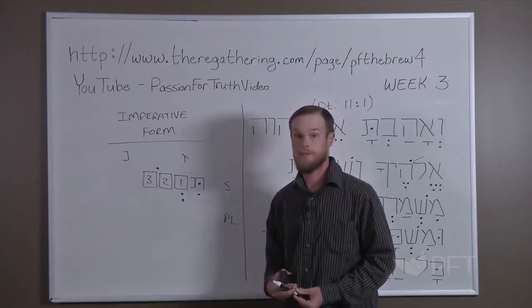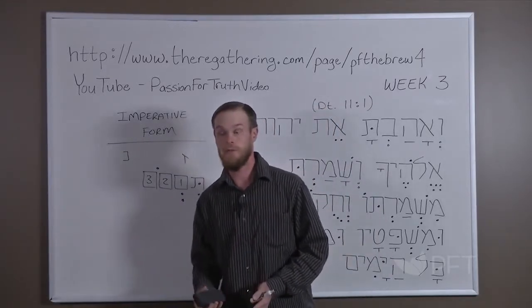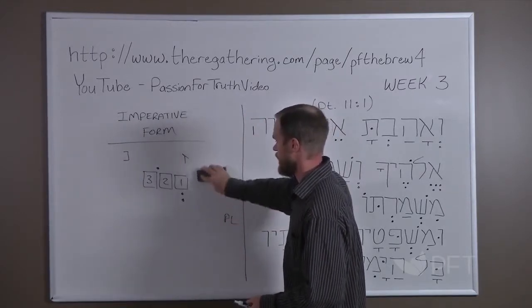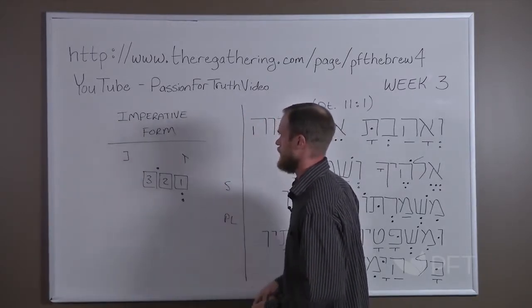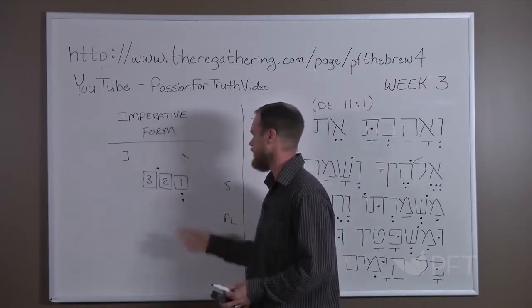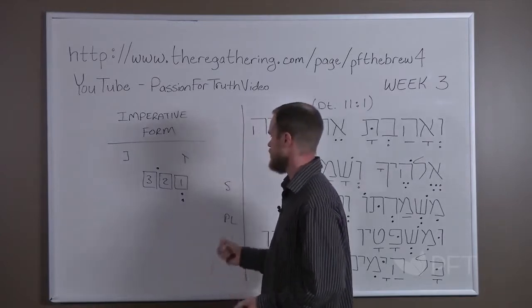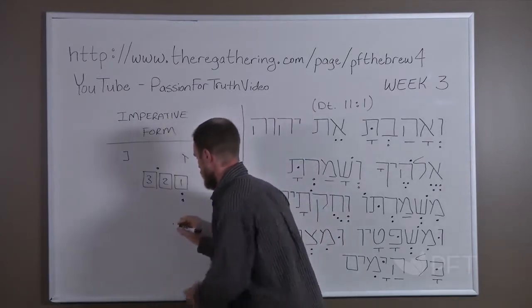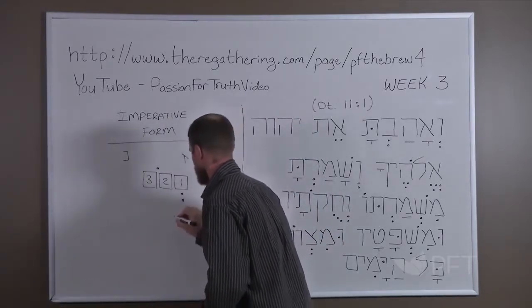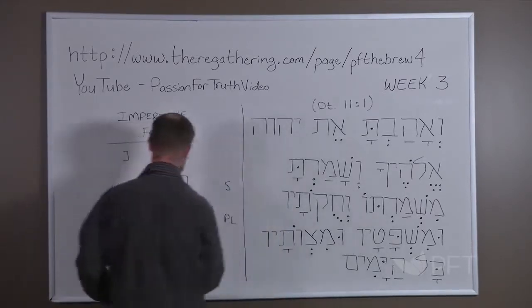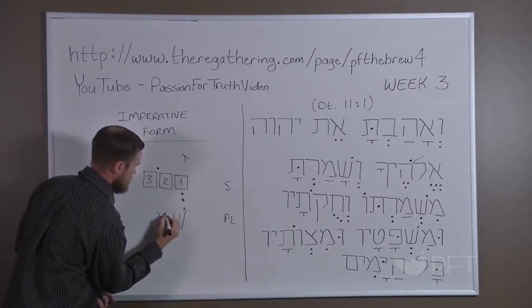to form the imperative, the only thing we have to do in the pa'al is to remove the prefix. The vowels stay the same. The order of the letters stays the same. But the prefix is gone. So to use a sample word, if we have the root shin mem resh, which means to keep or to guard,